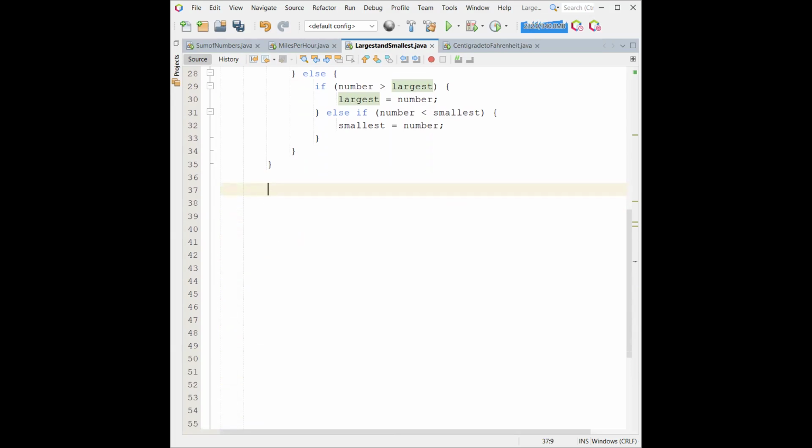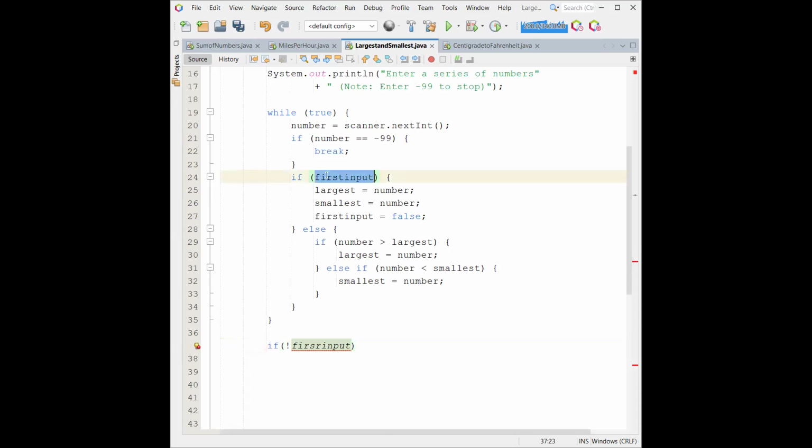Next, we're going to check if at least one valid number was entered before we show the result. So if not first input,